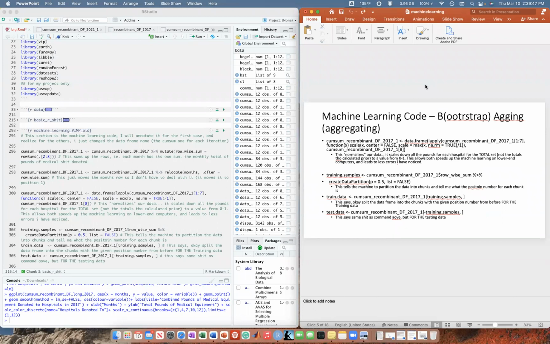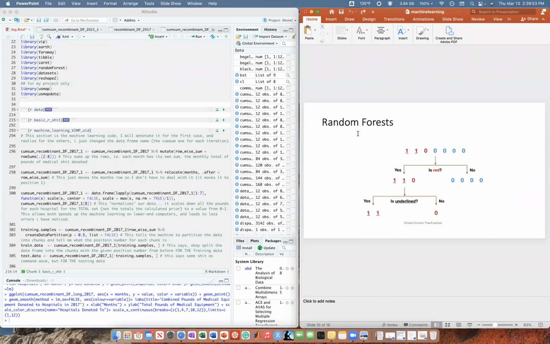So now we're going to talk about machine learning. All right, because we're going right into it. I'm going to start with some theory though. So machine learning, if you've heard of neural networks, it's about the same thing. So neural networks is just a fancier version of machine learning. Machine learning is the older type. It's been around for like 30 years or something. So machine learning, there's a bunch of algorithms out there. Bootstrap aggregating, as you may have seen from the slide before. This is called random forests, and R is notorious and famous for its random forests.